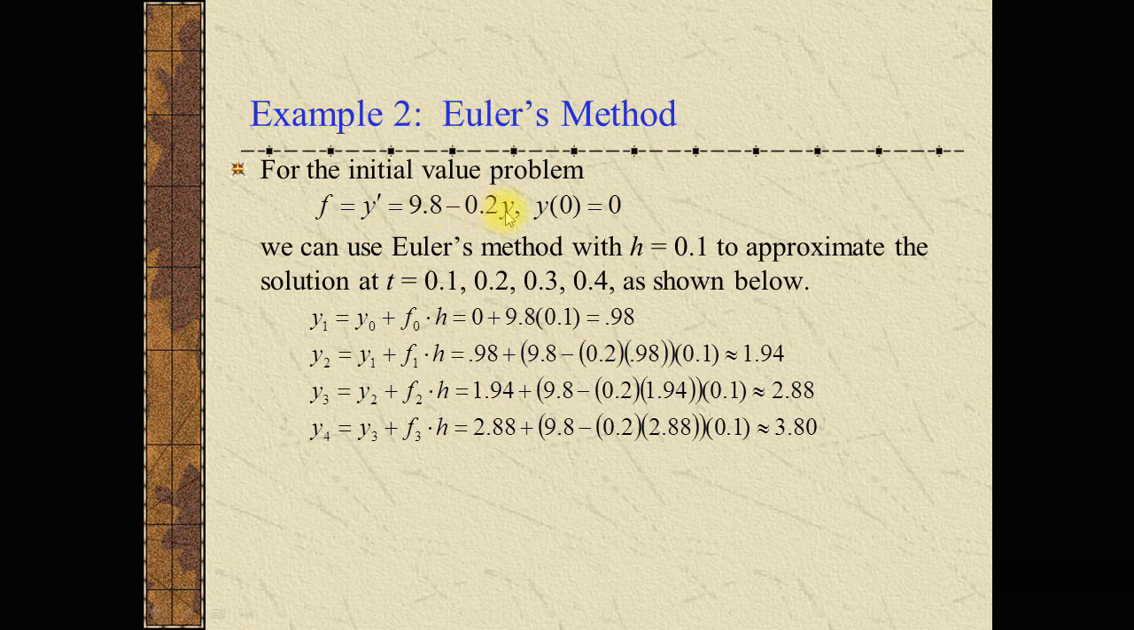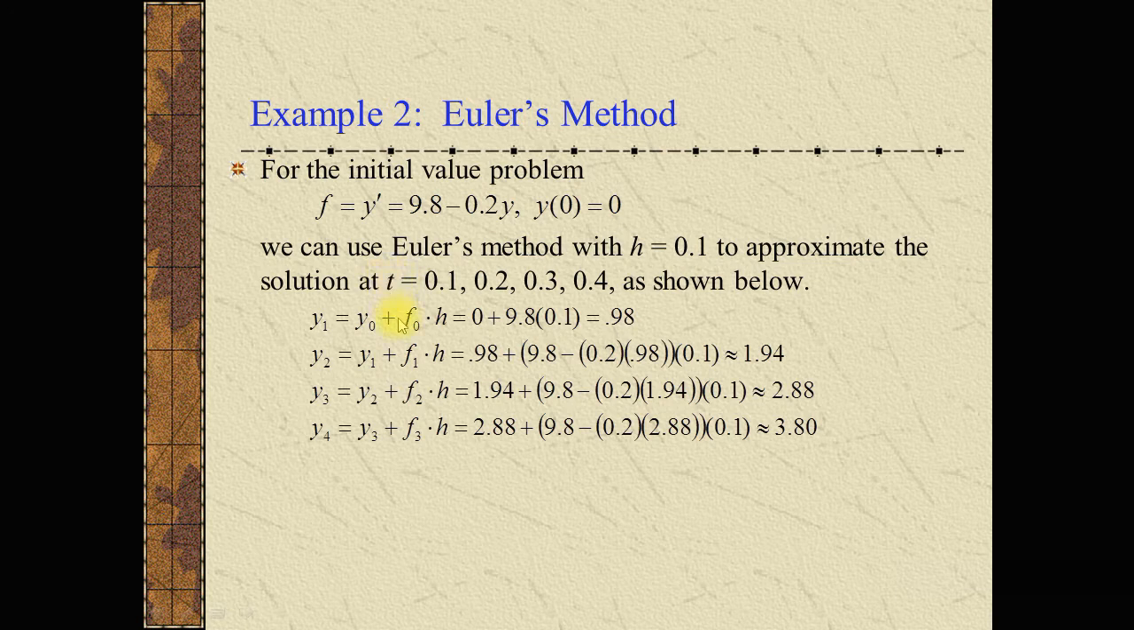So f naught means 9.8 minus 0.2 y0, and the y0 value is 0, so we obtain the f naught value is 9.8, and the step size is 0.1, which is given in the problem. Now after simplifications, we obtain the y1 value is 0.98. Now for n is equal to 1, we obtain the second solution, y2 is equal to y1 plus h f of